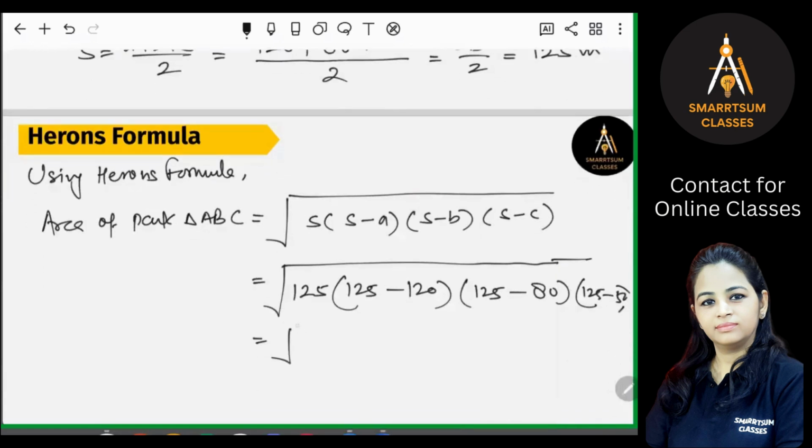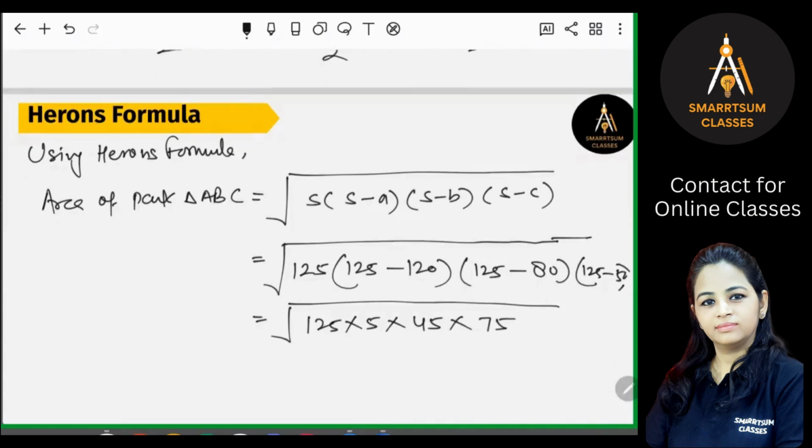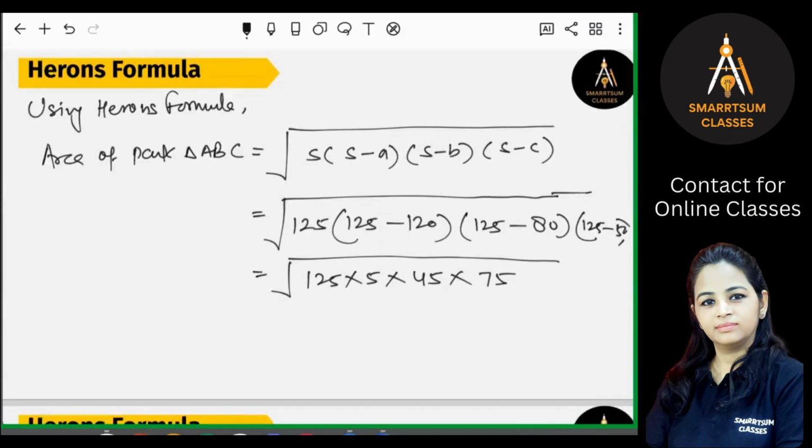Now further calculate this. So 125 into 125 minus 120 is 5. 125 minus 80 is 45, right? So write down. And 125 minus 50 is 75. So we will write this. Is that clear? Okay. Now again, we will use the same way to find out the square root of this